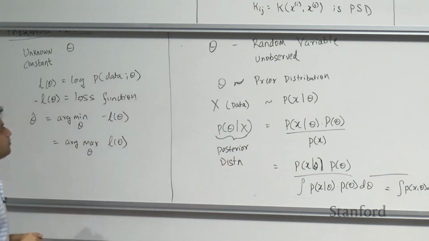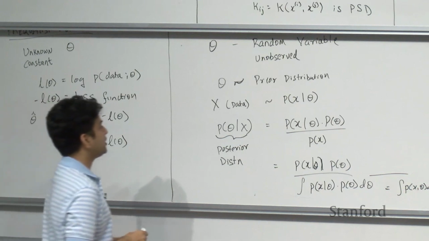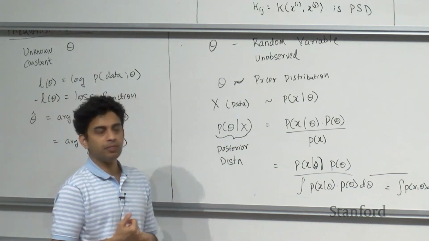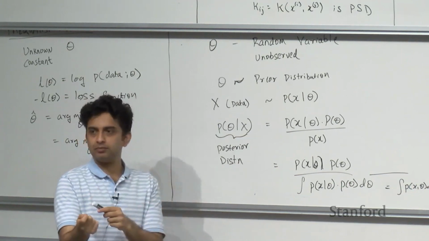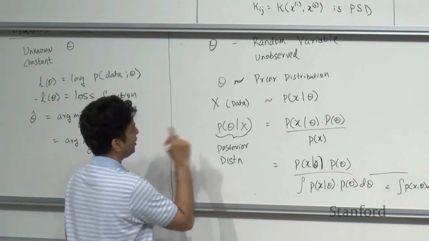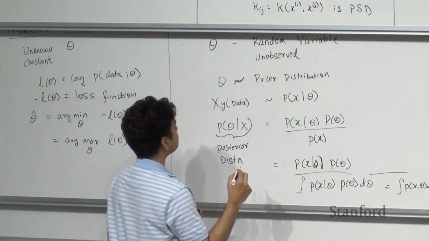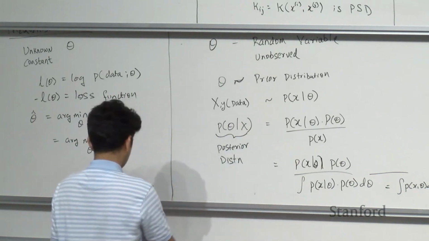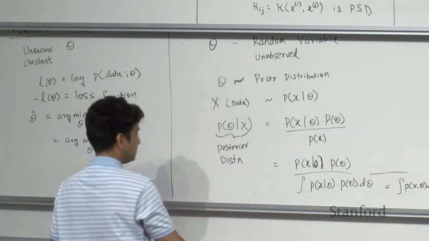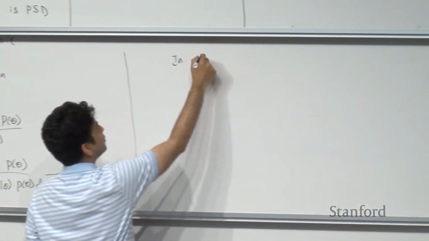Right? And in the case of machine learning, the way we go about using Bayesian methods is as follows. In machine learning, especially in supervised learning, we are trying to learn a mapping between x and y's. So the data in a machine learning setting will also have y's over here. So x and y is our data, and the likelihood. So in supervised machine learning,